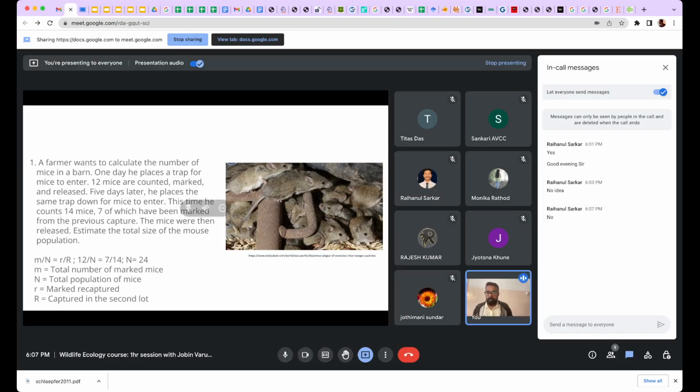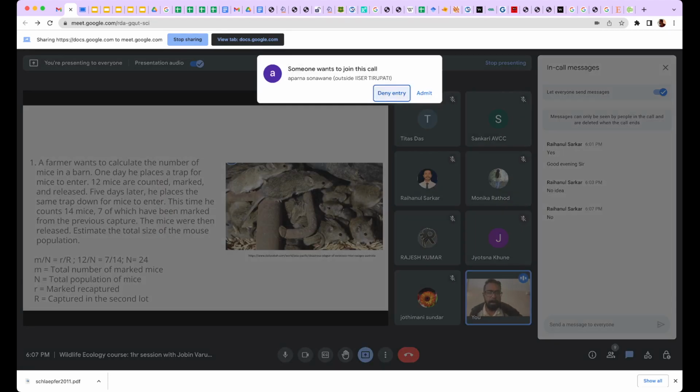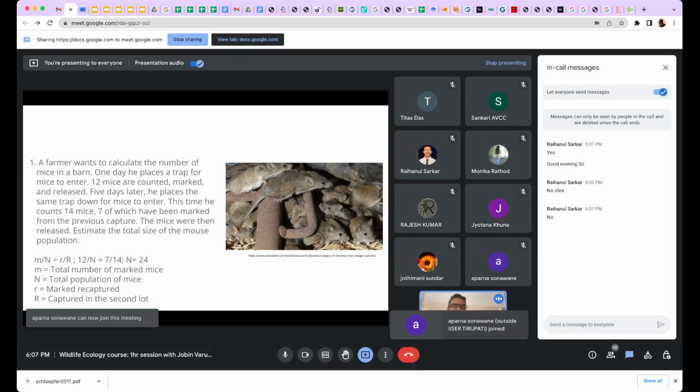So basically the formula is m by n equal to r by R. Okay, so m is the total number of marked mice, n is the total population of mice, r is the marked recaptured, and capital R is the captured in the second lot. Okay, so if the probability of catching a mouse is the same for all the mice involved in this population, then